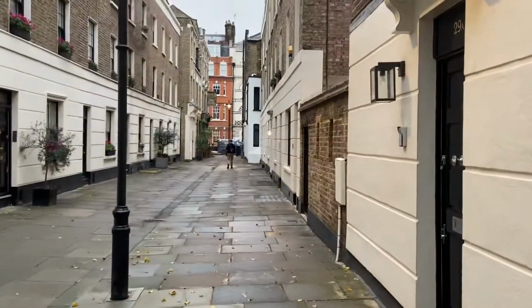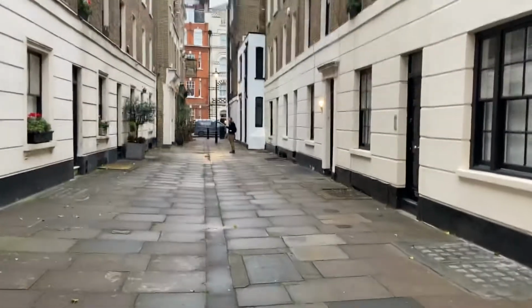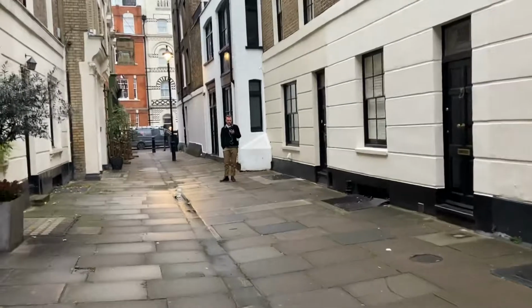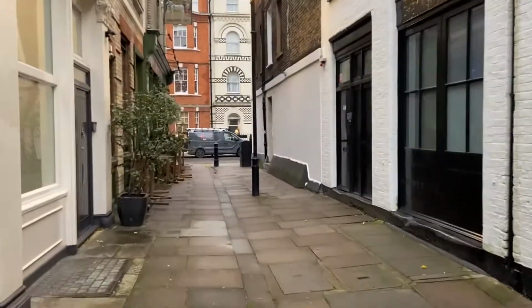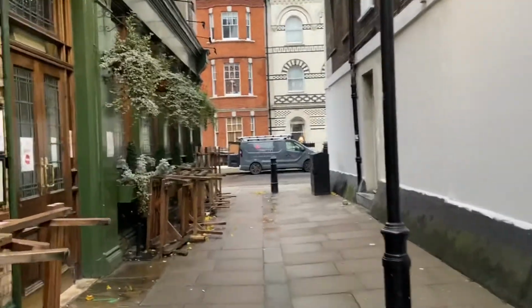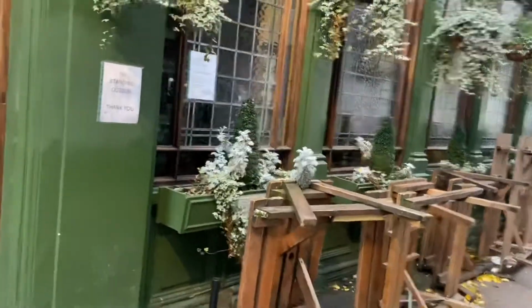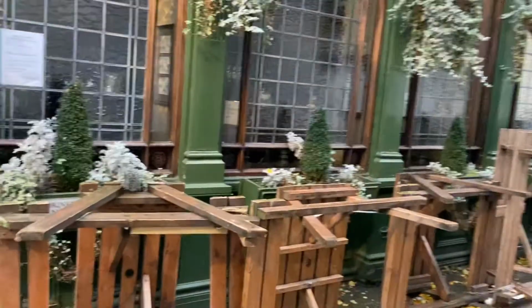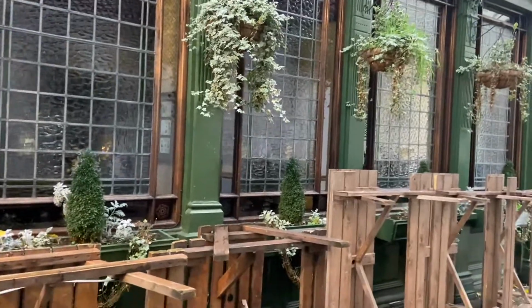This is quite attractive. This is called Middleton Place. And in better times, this pub on the left was one I did frequent. It's called the Yorkshire Grey and had some very cheap and delicious beers from the Tadcaster brewery in Yorkshire, and it had some great details inside on the glasswork, on the woodwork, etc. So that's closed today and possibly forever. It's a shame. It was part of the Samuel Smith's brewery,